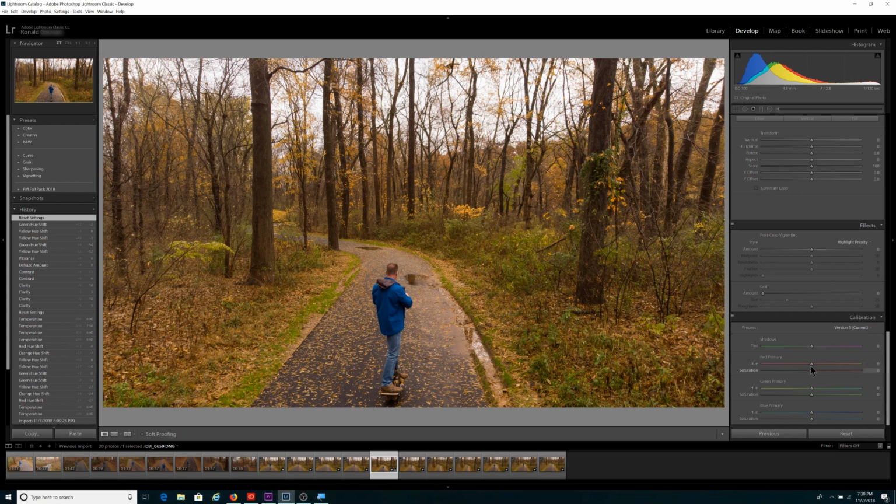So again, if you're in Lightroom Classic CC, you'll want to adjust the hue of your red, green, and blue until you get the color you want. Don't overdo it, but this panel will make a huge difference in your fall photos and bring out those autumn